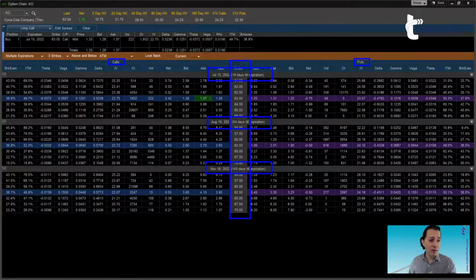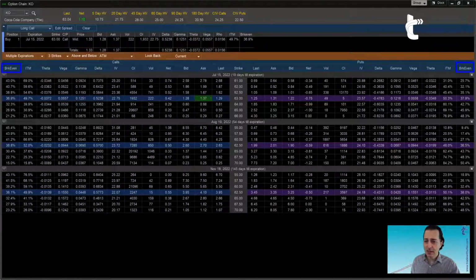Some platforms may give you expiration dates in a tabbed format instead of a list format. Again, great, nothing wrong with that. It's definitely convenient too. But in the end, you have strikes, you have dates, calls on one side, puts on the other side, and that's an option chain. Now, for each side, calls and puts, we have columns. What are the columns? Well, we have break-even on the left. We also have break-even on the right. This is the probability of break-even.